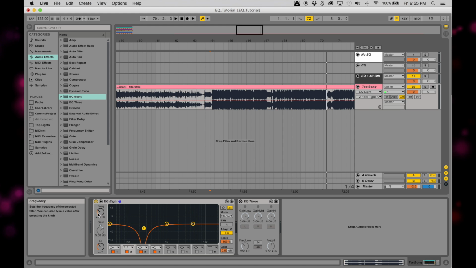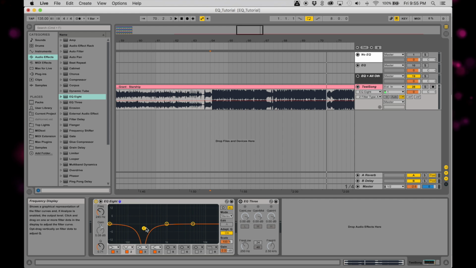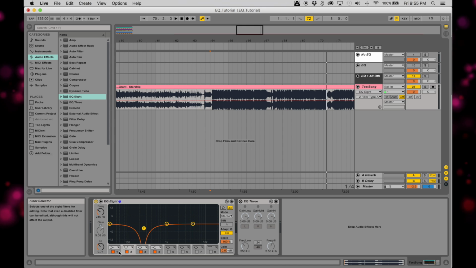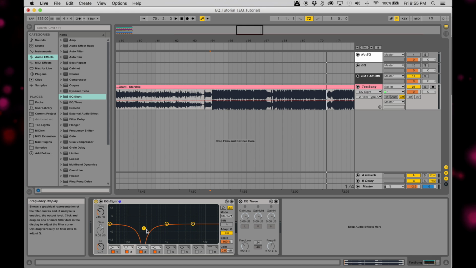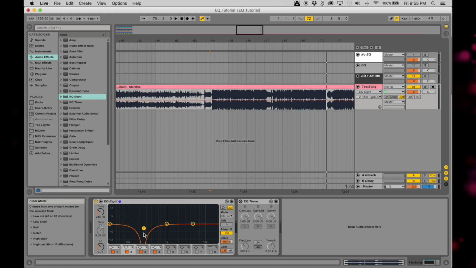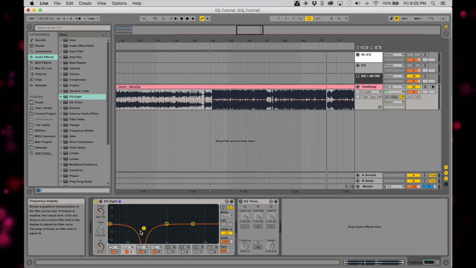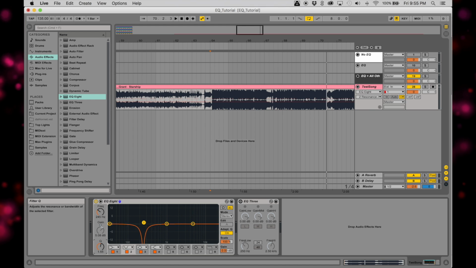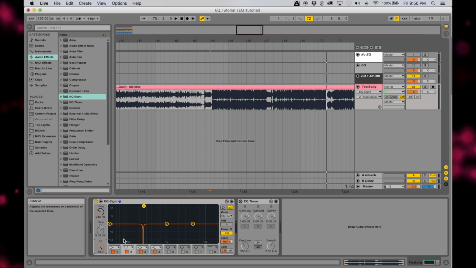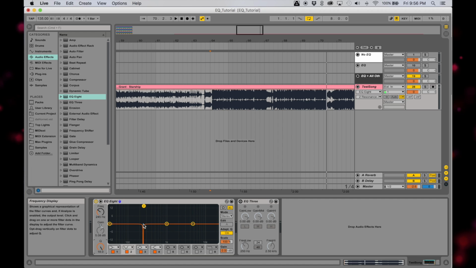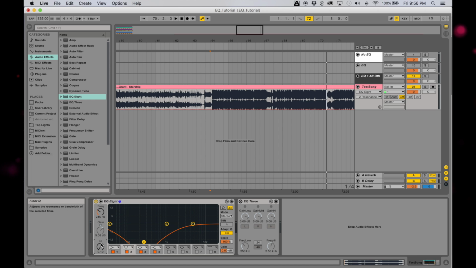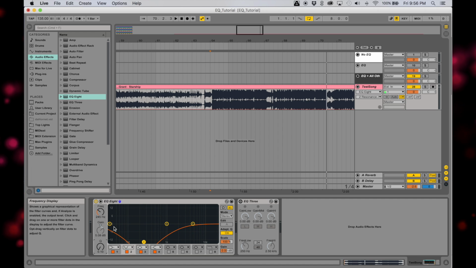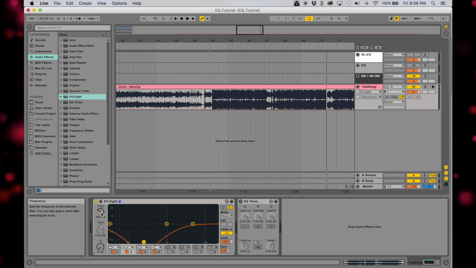Now you can see at the top left, this is the frequency of the current dot or node that I'm on. And I can change nodes by clicking down here on their number, which means that this 2 right here, it means I've just created a hole at 245 hertz, which means no sound will come from the 245 hertz part of this song, if that makes any sense. And I can alter how heavy or significant this hole is by altering this Q. A really high Q value means that I've essentially pinpointed one frequency, more or less. A really low Q value means there's a very large range both below and above this frequency range that are